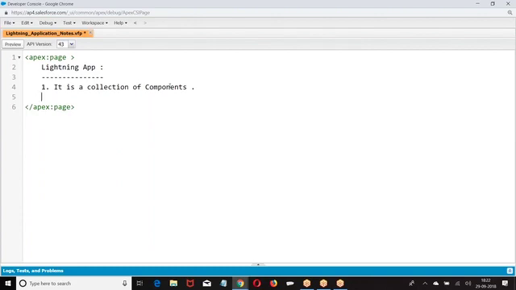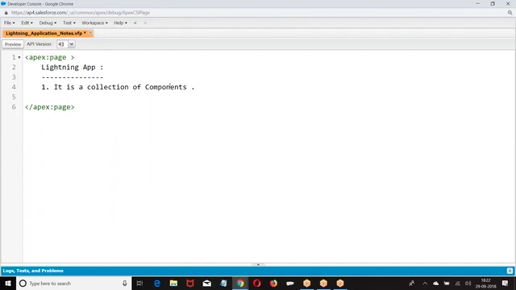Application is a collection of tabs. It is declarative. But in Lightning also, application is what? Collection of tabs. But when you are building programmatically, it is called Lightning page.